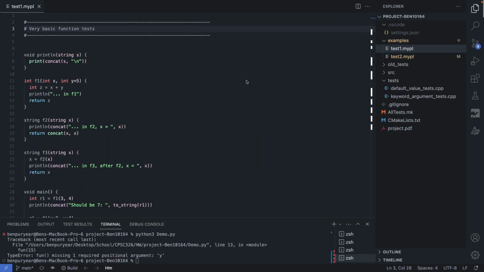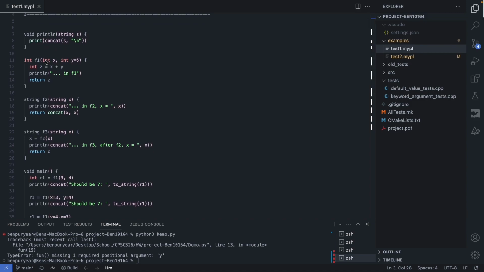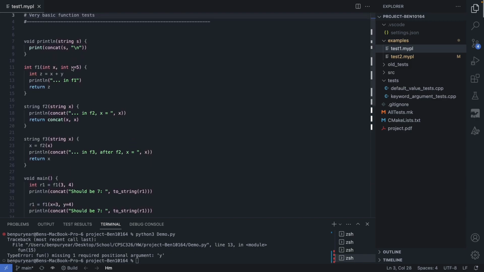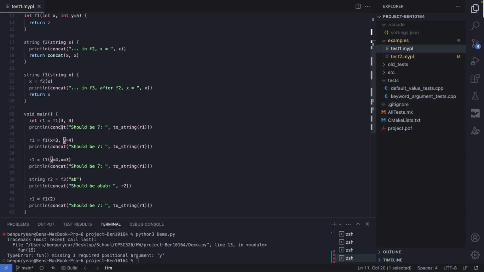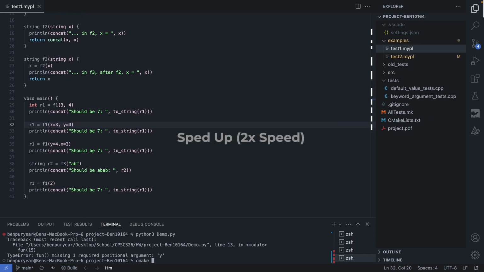So the unit test that I developed, this first one, test1.mypl, is basically a copy of a previous test that we used. I believe it was just function tests, and I added default values to it. I also use keyword arguments through this test as well. So if we run this,